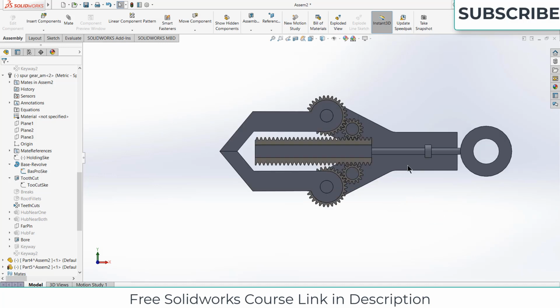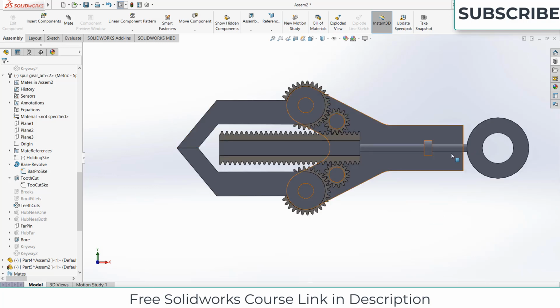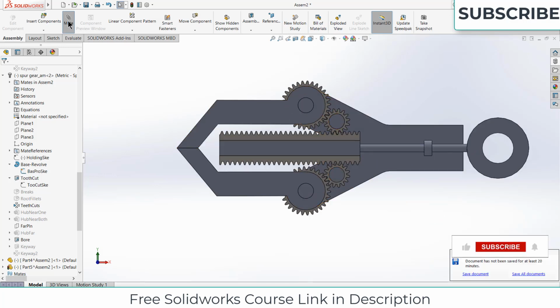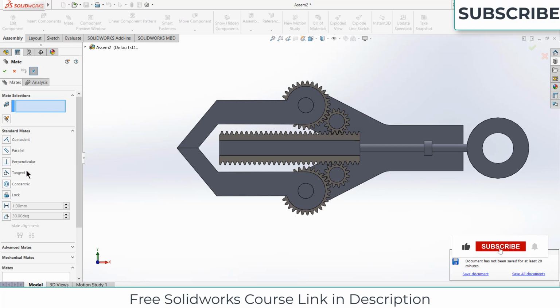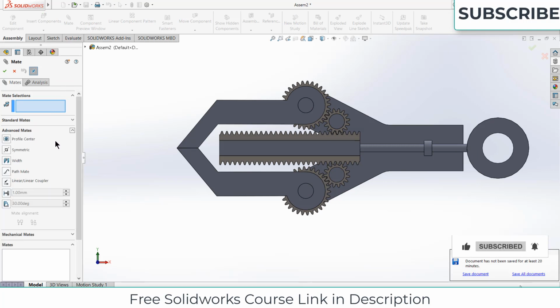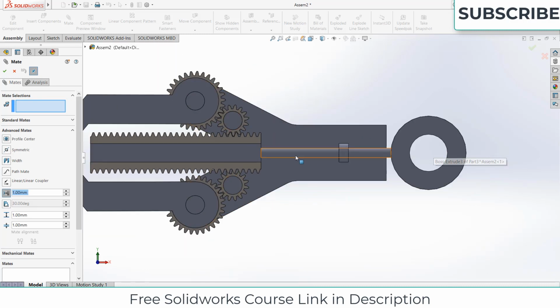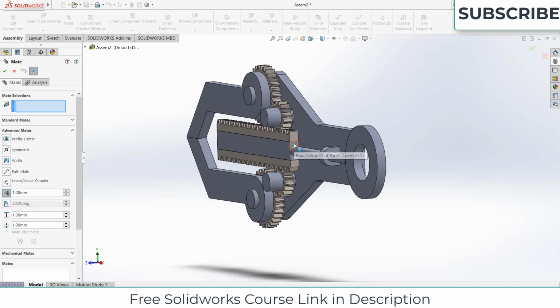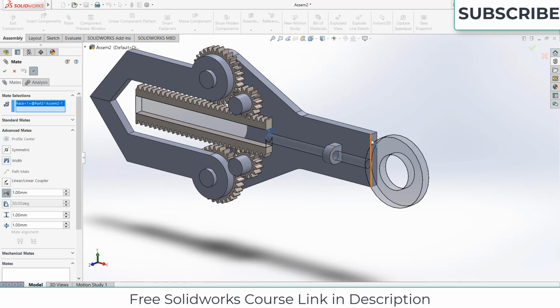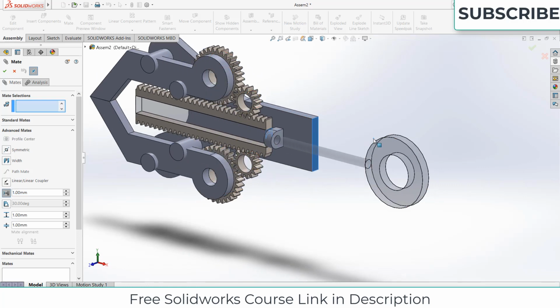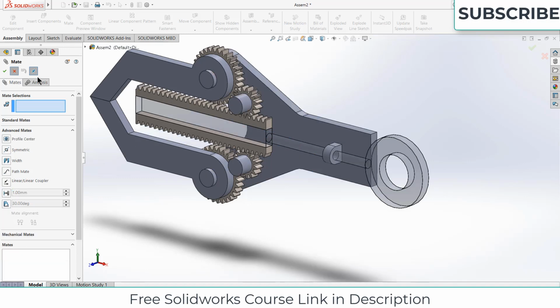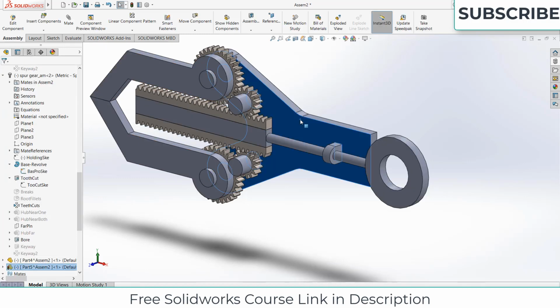Instead of making angular mates, what we can do is go to mates, advanced mates, click on distance, select this face and this face. Select this face first and click on fix because we don't want this part to move.